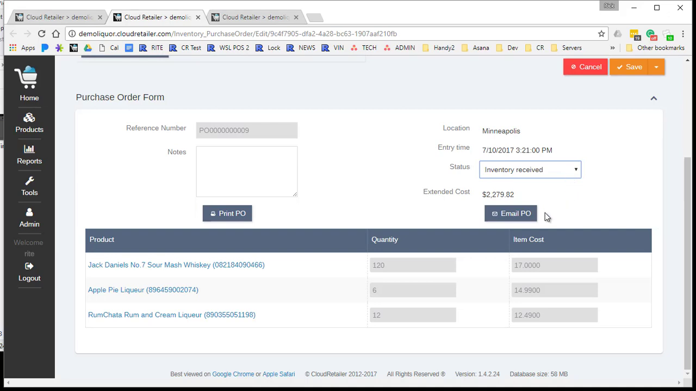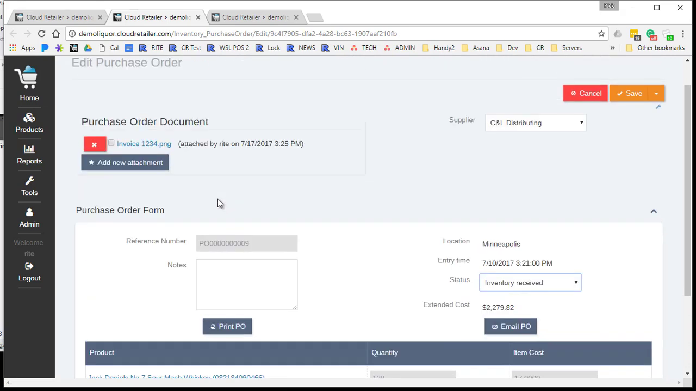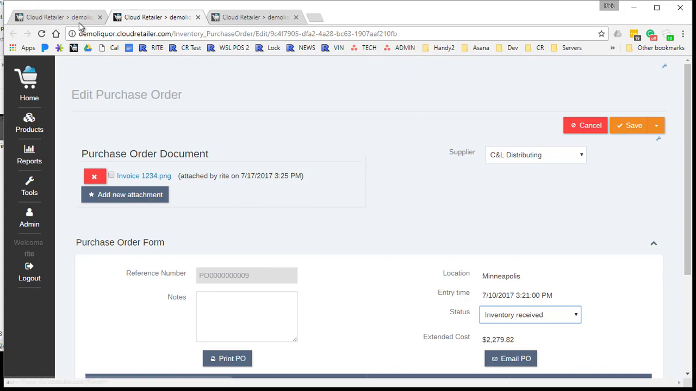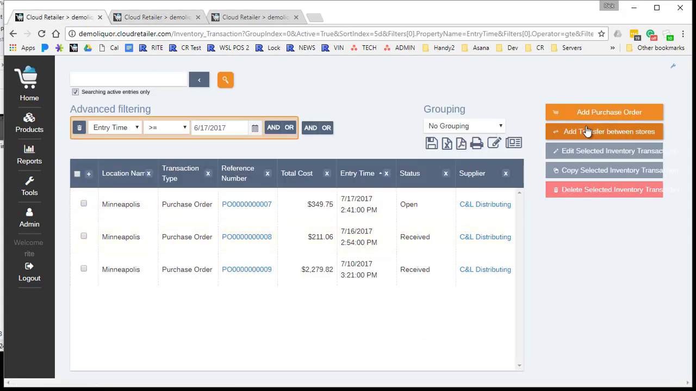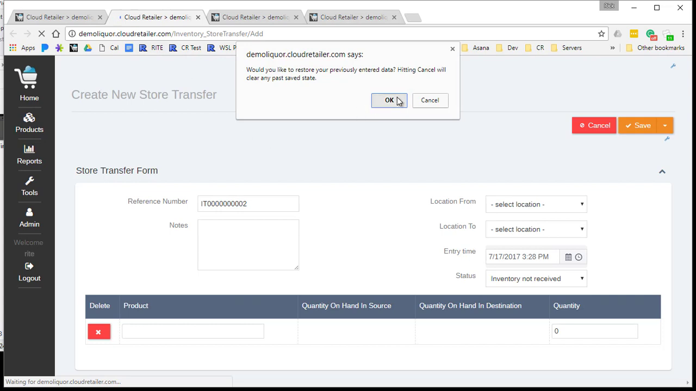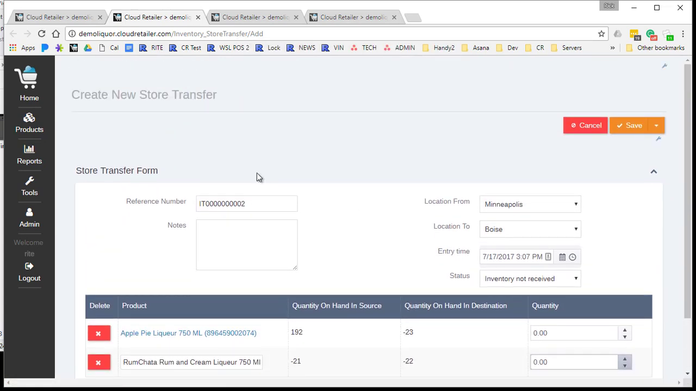Provided you have an email client on your computer like Outlook, you can click email PO or you can print it out. Let's look at transfers here. So if we go back to our purchase order list and I say add transfers, you can see that transfers are